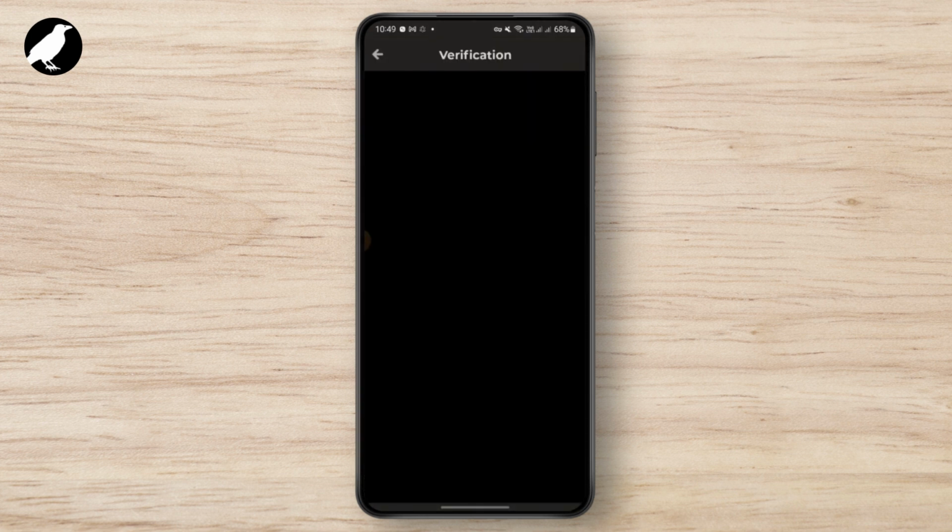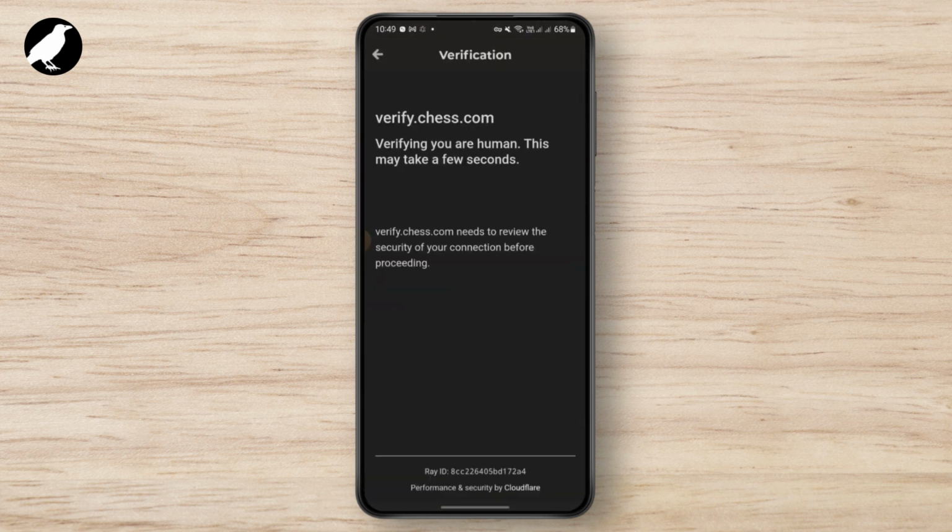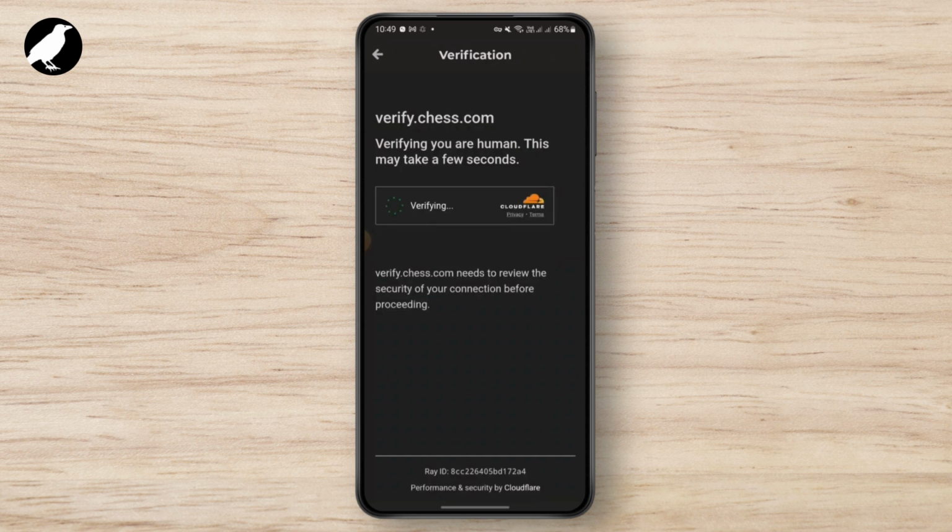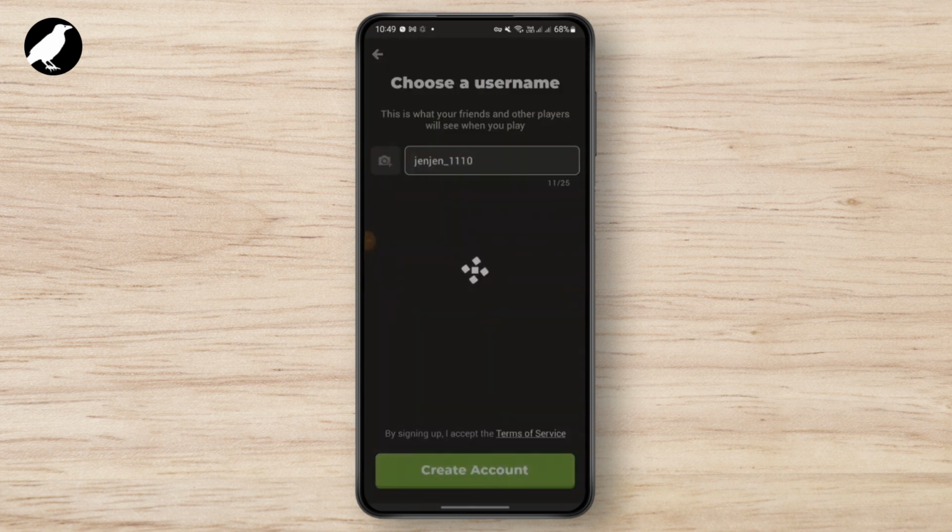After a few seconds, you need to verify your account. Here you need to verify that you are human. To do that, you need to wait for some seconds and take a small test. After the verification is complete, just tap on create account